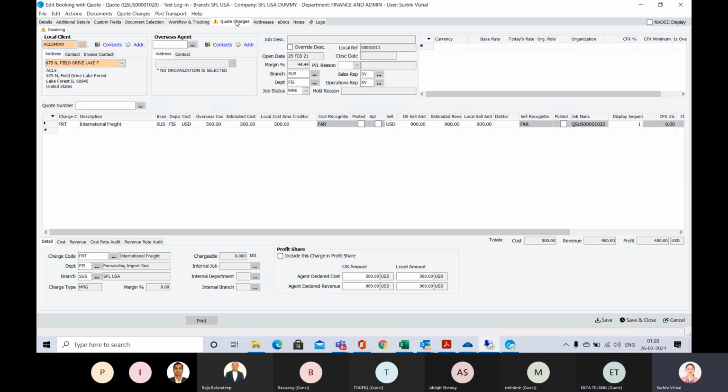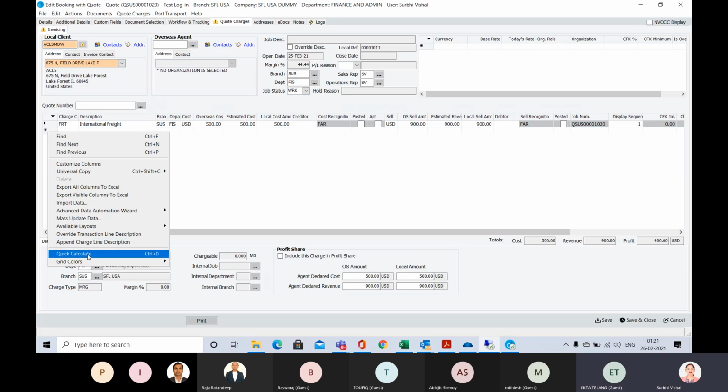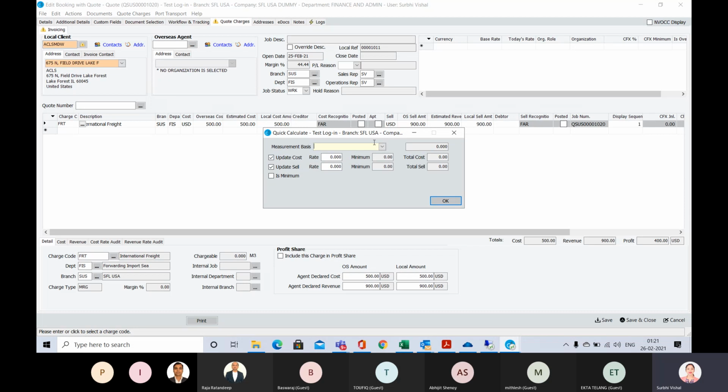There are certain ways of calculating. One way is you can enter the charges manually. The other way is you can simply right click, and there is quick calculate. You can just click on quick calculate, and you can update the cost and sell, and the rates will come over here.